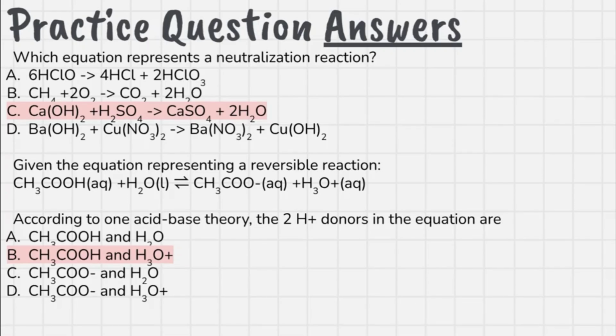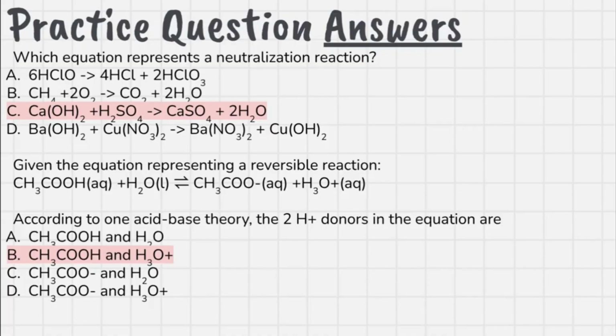Given the equation representing a reversible reaction, according to one acid-base theory, the two H plus donors in the equation are going to be CH3COOH and H3O plus. In order to determine which reactants are donating the H plus, we need to look at how the reaction will continue each way. Looking at it starting on the left,